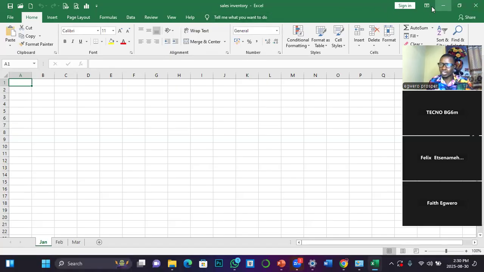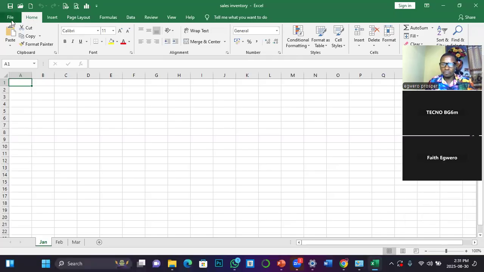Now, let's look at this one. This is what we call ribbon display option. So the direct function of this is to allow you, what are ribbons? We need to get that understood. Ribbons are these tabs. We have the file, we have the home, we have the insert, we have the page layout, we have the formulas, we have the data, we have the review, we have the view. All these are ribbons. Ribbons are like buckets of different commands.